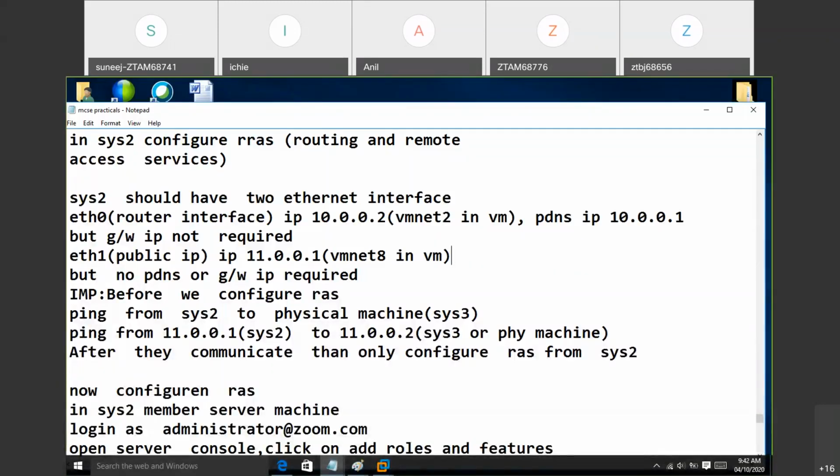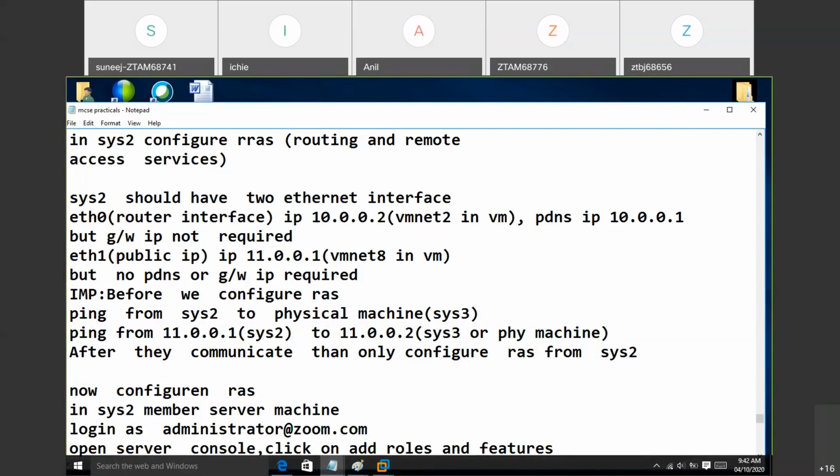So I got now two LAN cards. So now one machine LAN card is what? VMnet2, I've given preferred DNS. Now another machine IP address is what? Public IP. So I've given VMnet2 here. Now no preferred DNS. Up to this everybody understood. Now I need to go to the